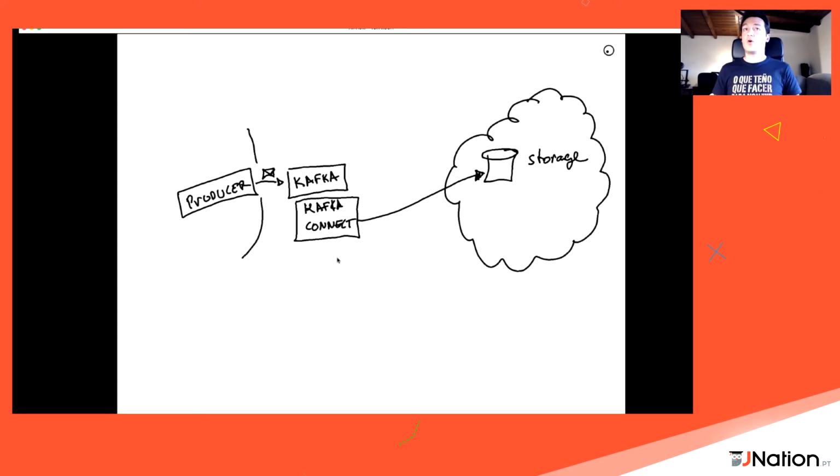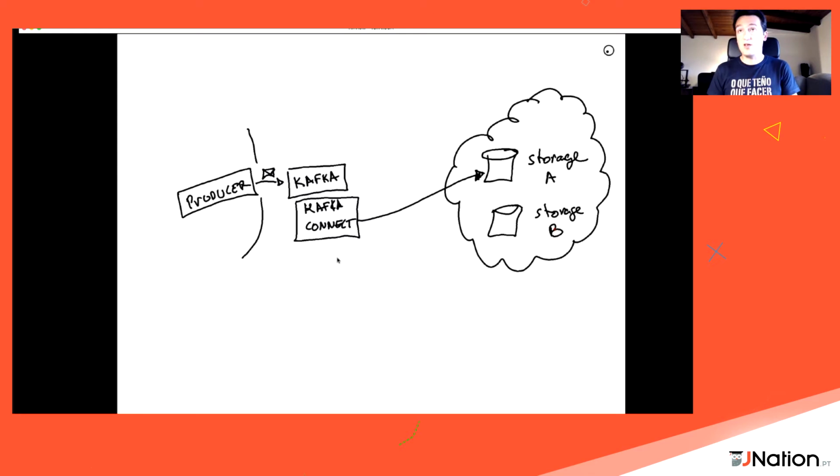There are also other benefits. Let's, for example, think we have different storage in the same cloud. So maybe we have here storage A, and now we have storage B. This is pretty common. For example, storage A may be something like BigQuery, a data warehouse where our analysts and business people are just doing queries to understand the business.